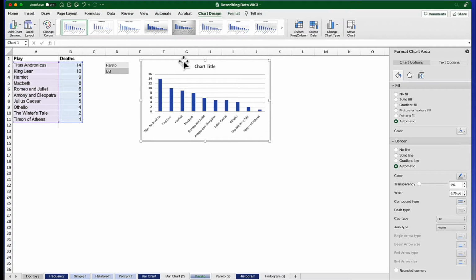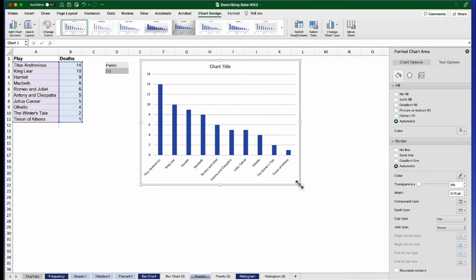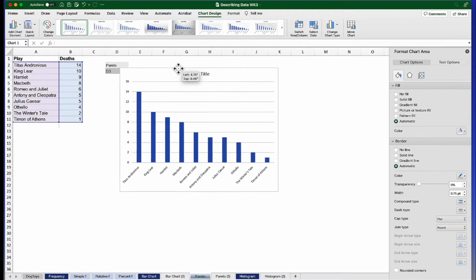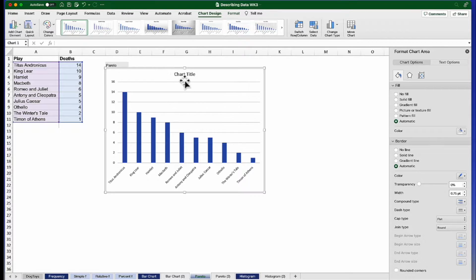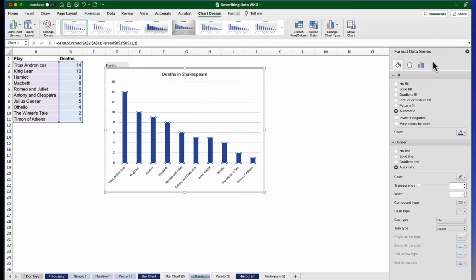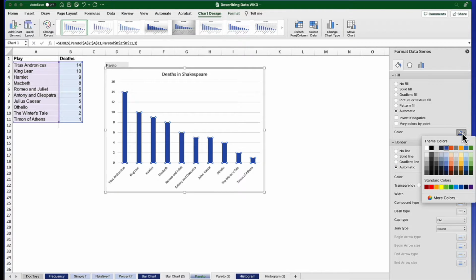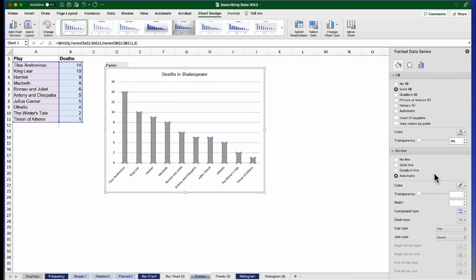Now, there is some editing that I could do to make this a little better APA style chart. Move it right over here. Previously, I deleted the chart title, but I could do this. Grab, Deaths in Shakespeare. I can format using the Format Data Series, change the fill to a medium gray, change that